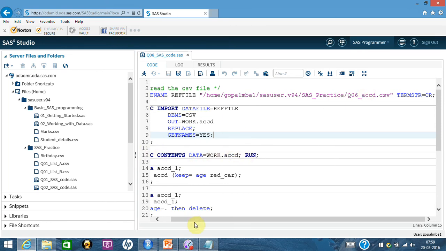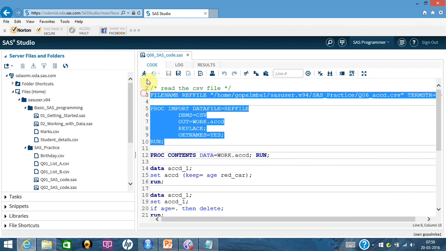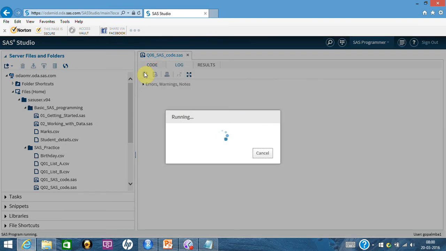Once you run it and you do the proc import, here I am showing you one more thing, which is replace. What it does is, if the data is already there, which in our case it should be, I guess, because I had just tried checking, it will get replaced. If it is not there, it will get created anyway. So let me just run the command. It will create the data set.